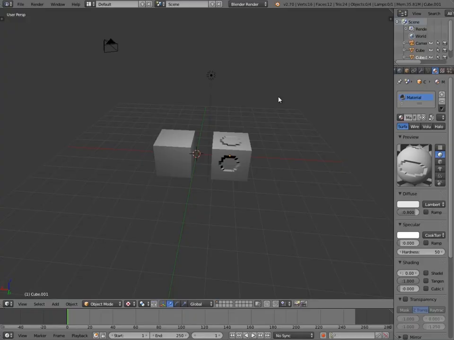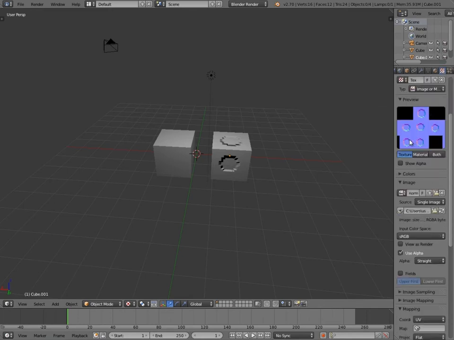My name's ThaTimster. Today I'm going to be showing you how to bake normal maps in the Blender game engine. So first of all, you might be thinking, what are normal maps? Well, if you haven't seen them before, they are these sort of purple, pink, bluish, weird looking patterns that you